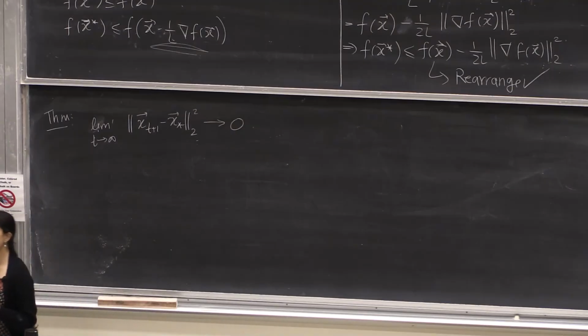If f is both mu strongly convex and L smooth, I want to show that eventually, as t goes to infinity, the iterates of gradient descent will converge to the x